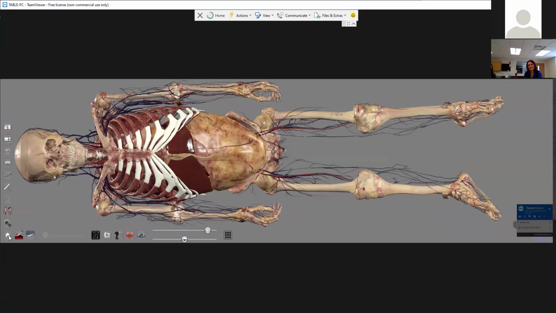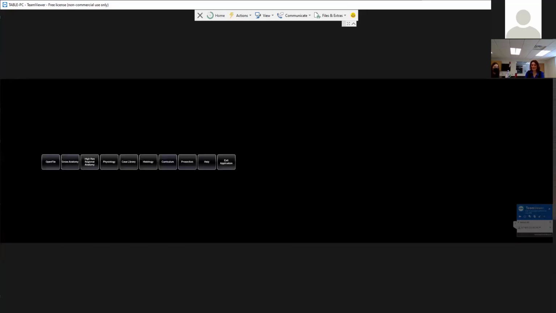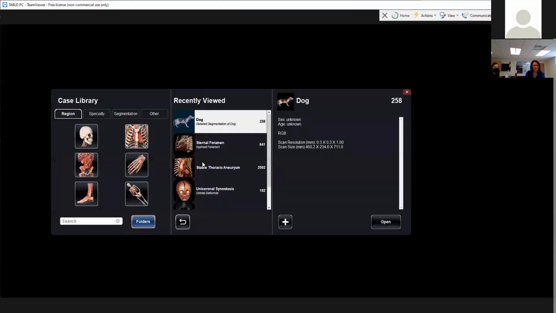And yeah, so case library is something that I'm going to minimize my table actually and open up another version so I don't have to close out to show you the case library. Save us those 90 seconds each way. I just want to point out with the case library,